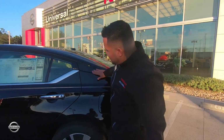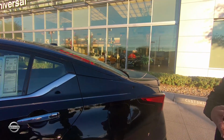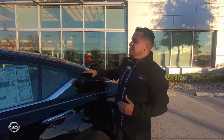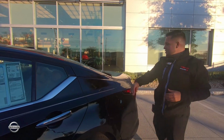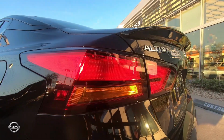Now, if you pay attention to this part right here, which is actually one of my favorite things with its design, it mimics literally the Maxima roofless top. It literally looks like the roof is suspended in the air if you look at this accent right here as well. The taillights have actually completely changed,